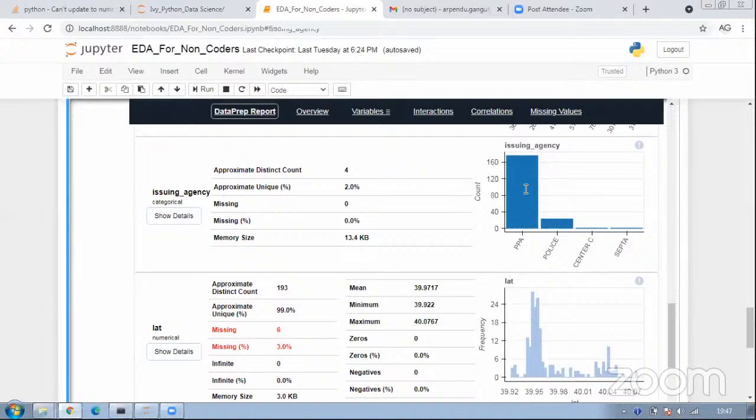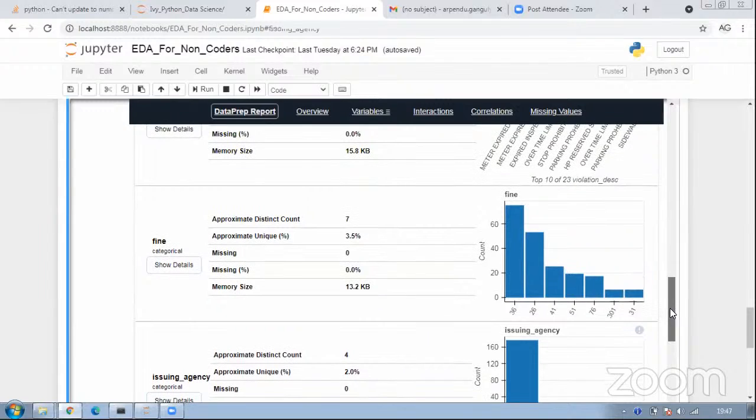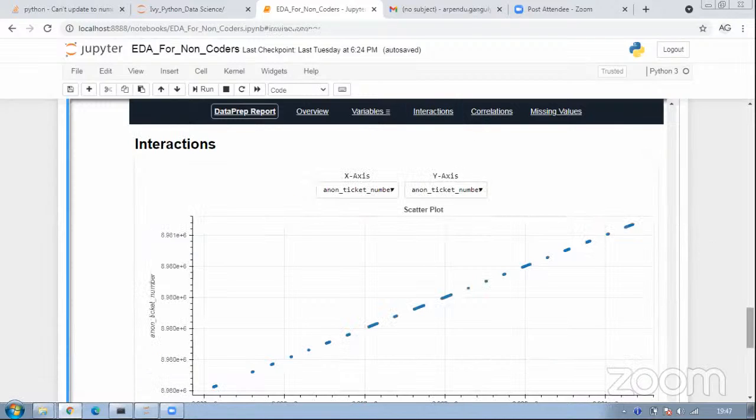It's basically PPA, followed by police, followed by Center City, followed by SEPTA. So again, it makes our life very easy. It's an interactive way to check all the variables. This itself is a kind of univariate statistics. We can also see the interactions in this.